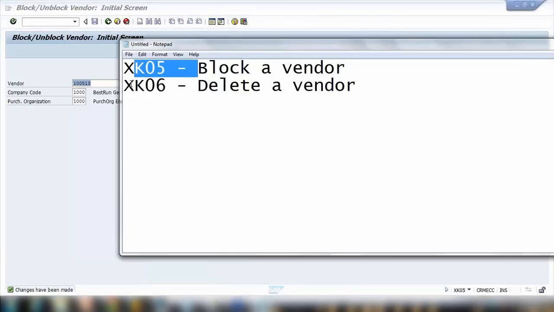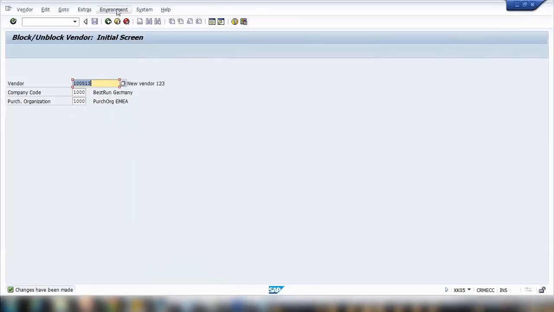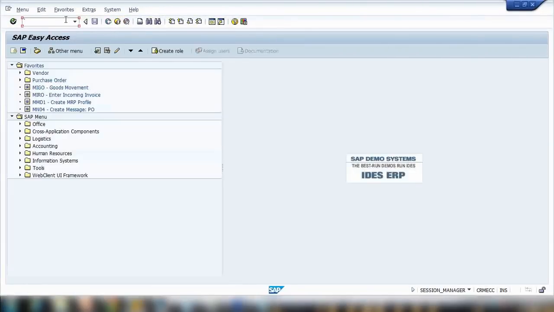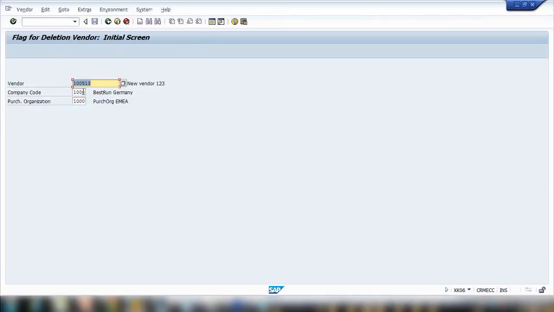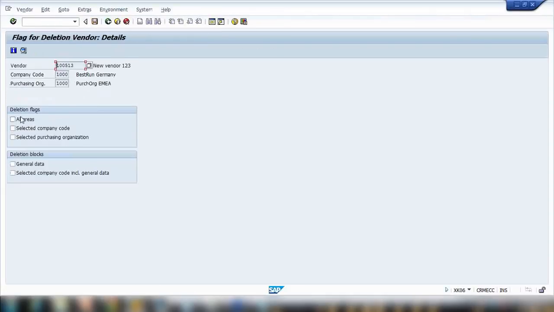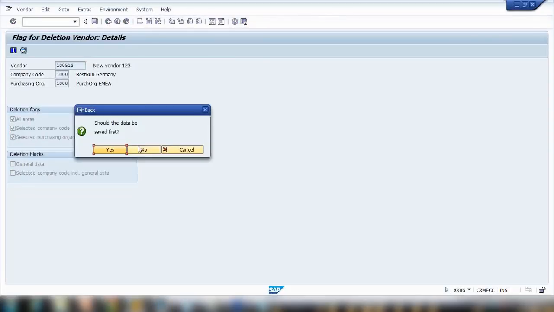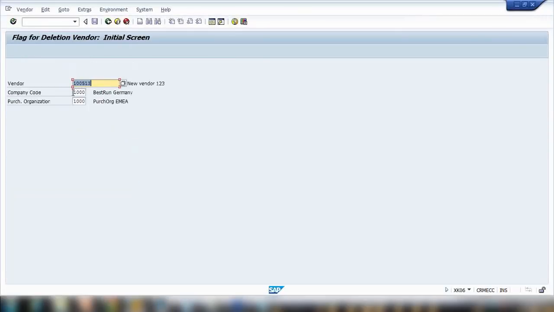Now we'll talk about delete. When we want to stop purchasing from this vendor permanently, go to XK06. Enter the vendor number and enter again. Say all areas or selected company code. When you specify a company code and purchasing organization, what you're doing is basically blocking a specific